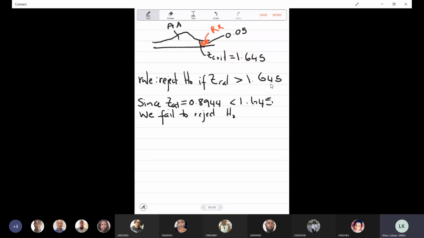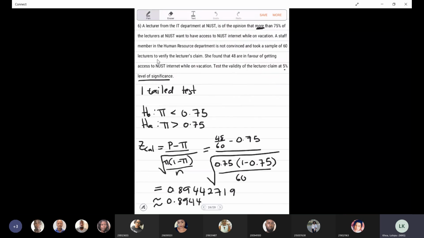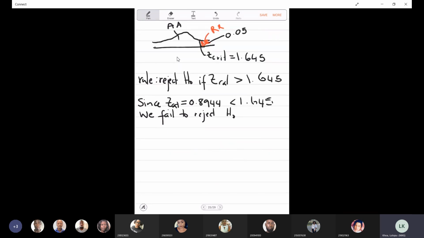Okay, so again, here we don't usually say we accept H naught. It's either we reject it or we fail to reject it, and that's how we word it. So I would also like to see that when you are writing, instead of saying we accept it, say we fail to reject it. And then the last part is to make a conclusion. The conclusion should answer the question that the HR member was trying to answer. Okay, so doing that, you can say something like,